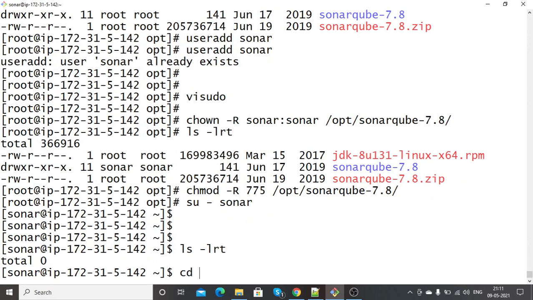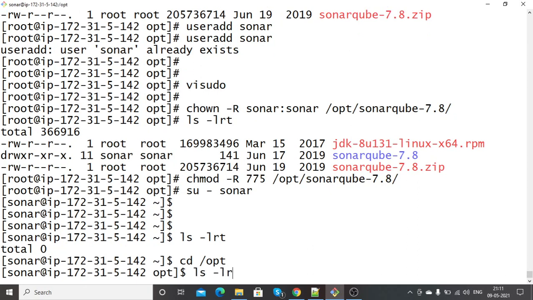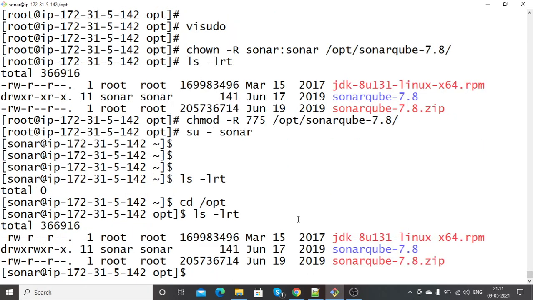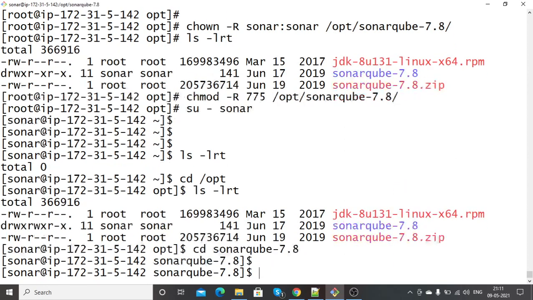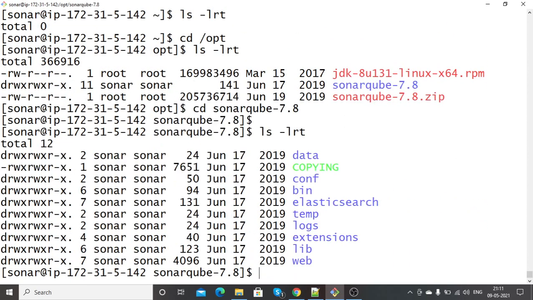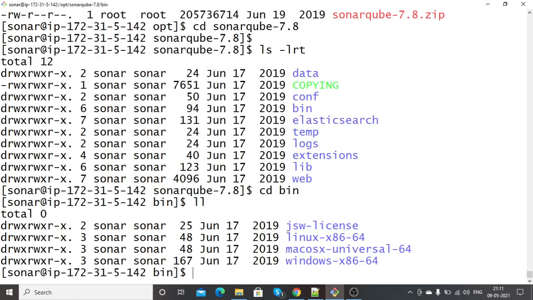So go to opt path. Go to Sonar directory. ls -lrt, then cd bin. Inside bin you can see many directories are there.